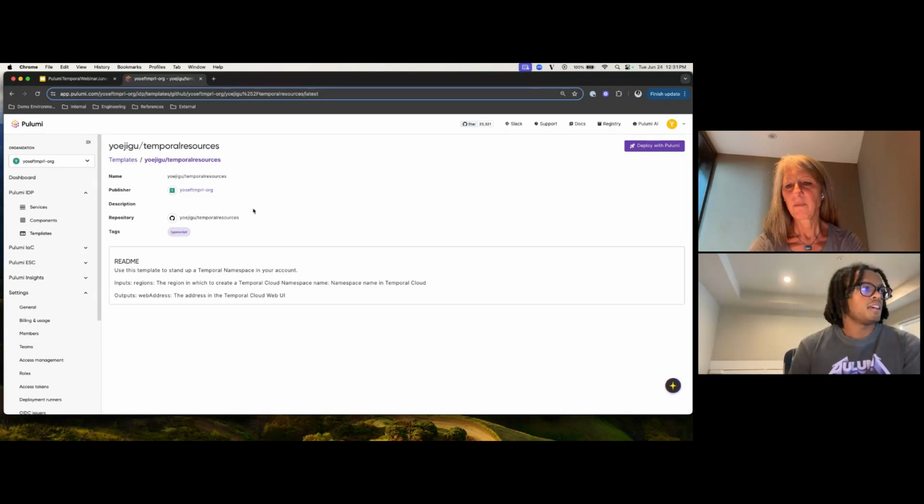So in this case, I have connected my temporal resources repo, and I've written a very bare bones README, which is basically the README that is available to that repository. End users, or developers in this case, when they come to Pulumi, will be able to understand what they need to provide, what that template is doing, and what they can expect to get out of it at the